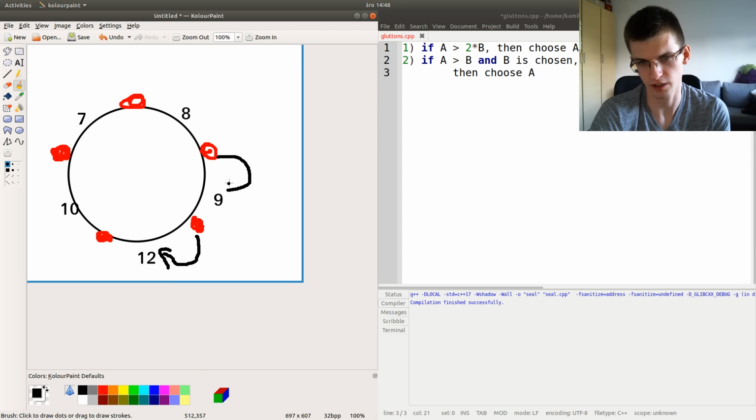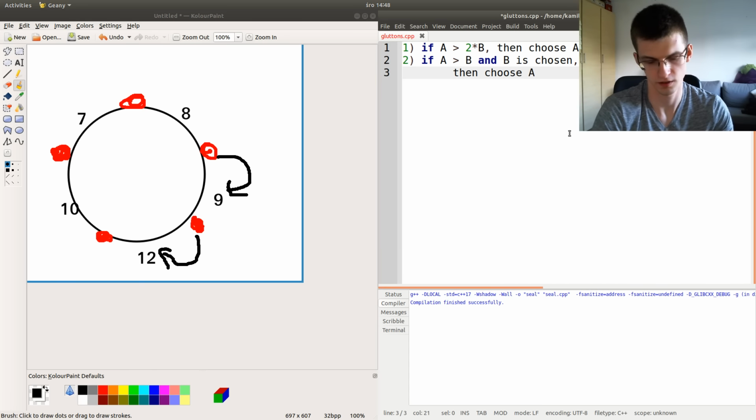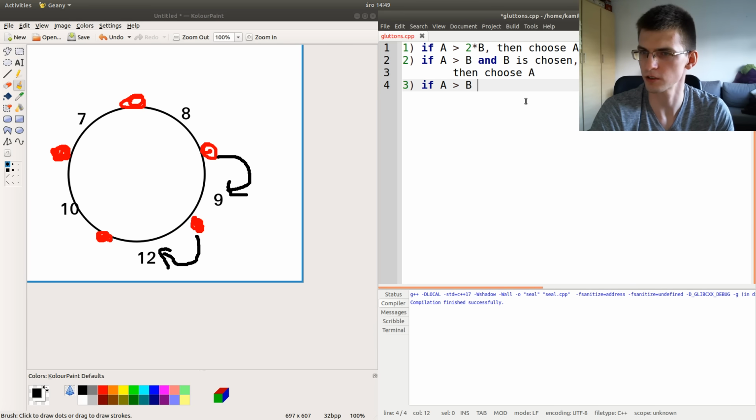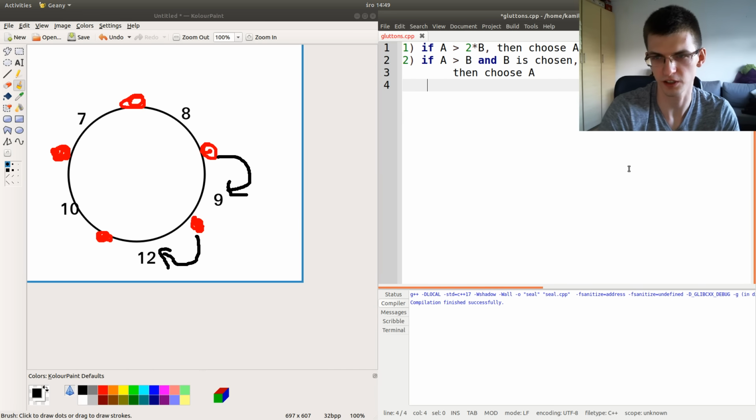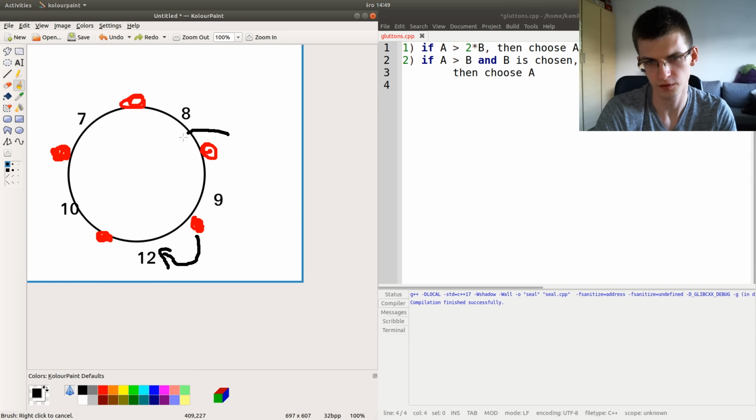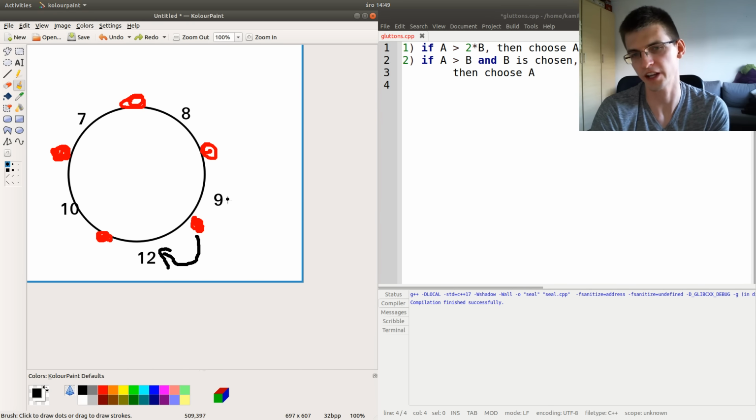So we can write that, and it's a new rule, and we can state that if a is bigger than b, no, this is a new rule, because for this guy, no adjacent cake is chosen already.